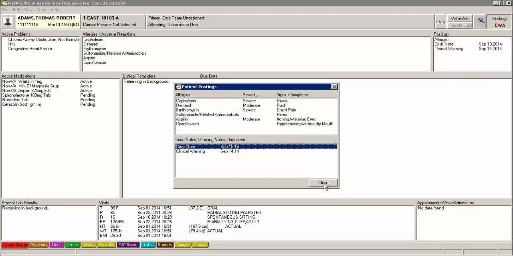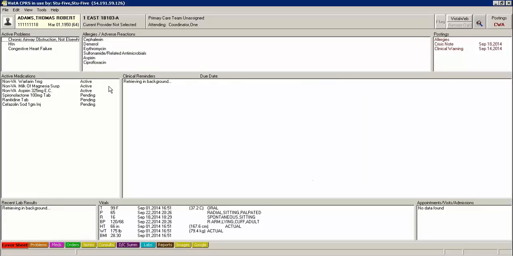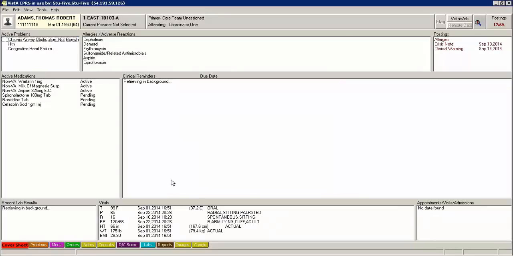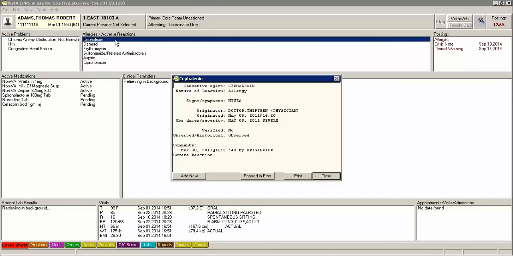I'm going to just click on close now and continue to move through the cover sheet. On the left-hand side, you can see the active problems, and again, I can click on any of these and see the particular details, although there will also be particular details as we move into the Problems tab in the medical record. The same with allergies and adverse drug reactions. If I double-click on any of these entries, I can see the information that's been entered, whether it was a historical, observed,